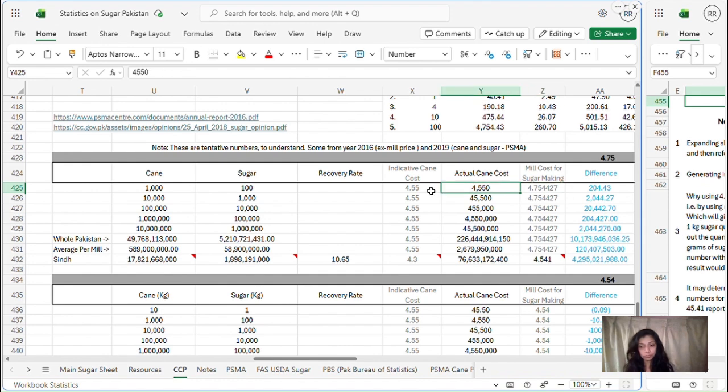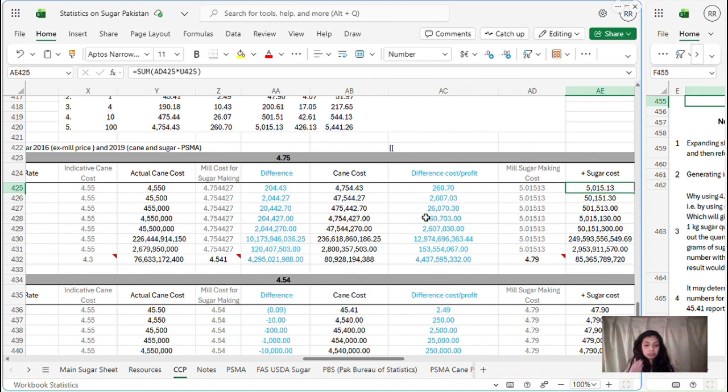When you multiply this 4.55 with 1000 kgs, we are going to get 4550 rupees. That is, 1000 kgs of cane cost 4550, and that we can find out by finding the per kg price of sugarcane. And once that price of sugarcane is found, we can easily multiply it in and get the answer. So moving forward, the next reference column I've added here was this, the cost the sugar mills are